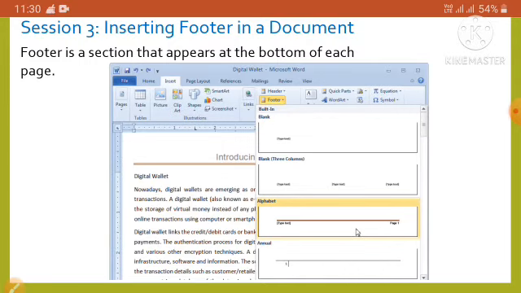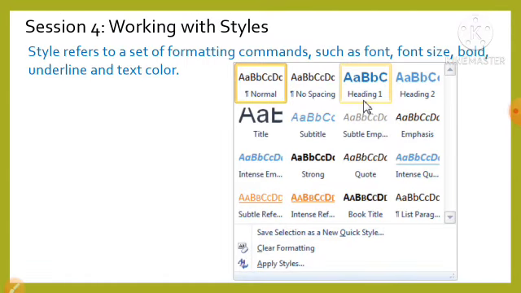Next one is working with styles. A style refers to a set of formatting commands such as font style, bold, underline and text color. With the help of styles, we need not go through different command sets and dialog boxes to get the desired look of the text.